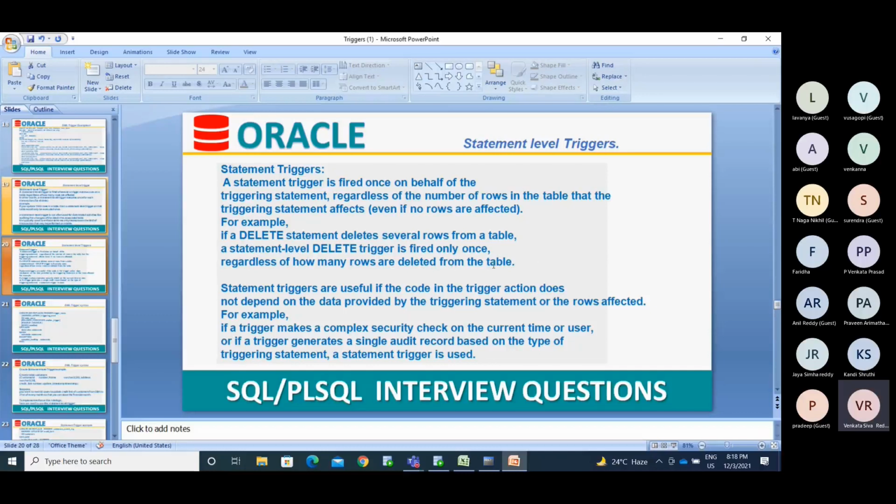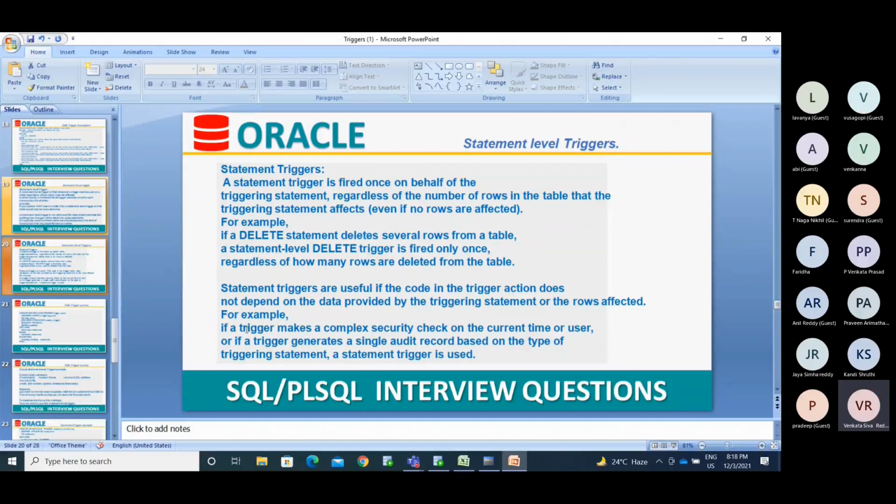Statement triggers are useful if the code in the trigger action does not depend on the data provided by the triggering statement or the rows affected.